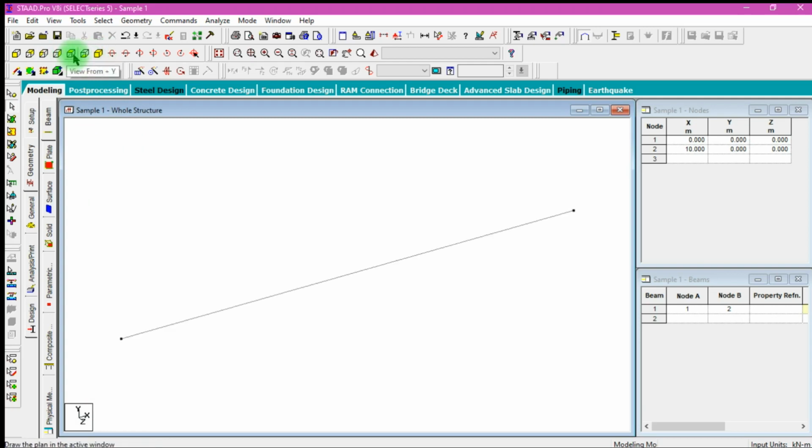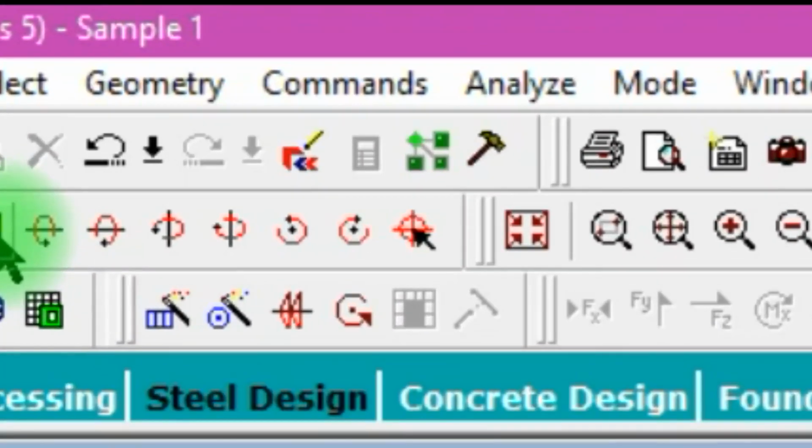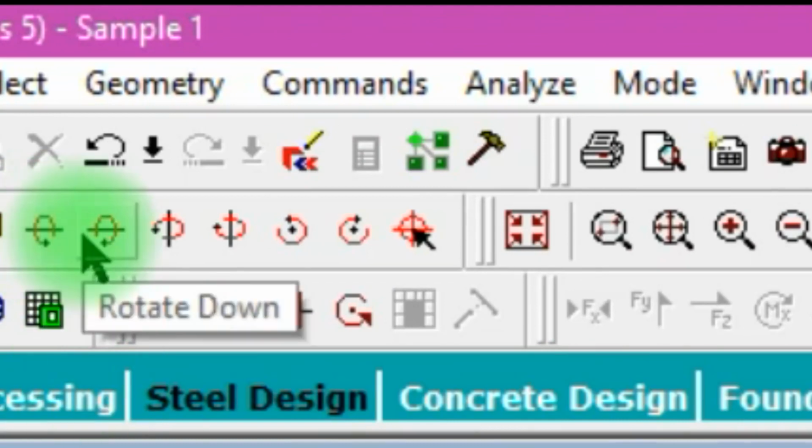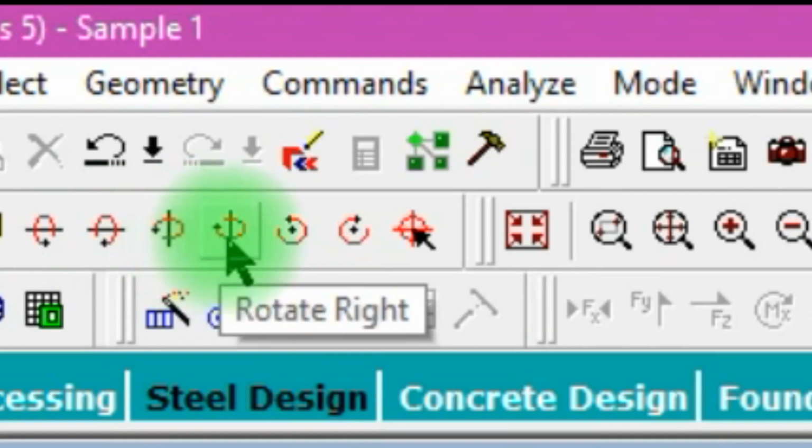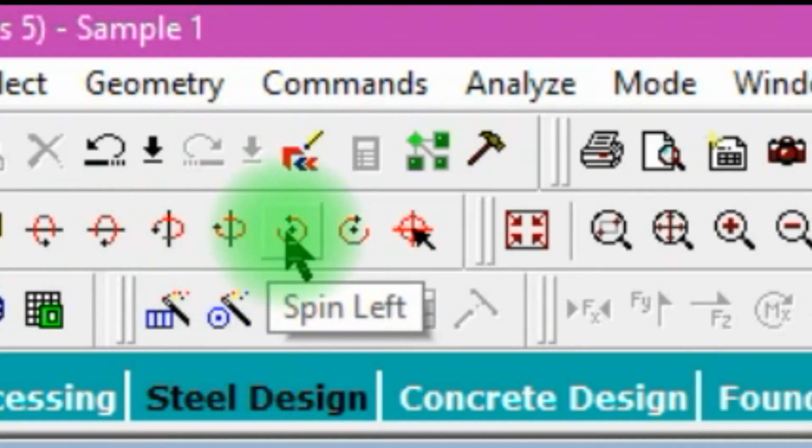And then we have view from plus Y and view from minus Y. View from plus Y stands for viewing from the top, and view from minus Y stands for bottom to top. Then isometric view. And then we have some rotate tabs: rotate up, rotate down, rotate left, rotate right, and then